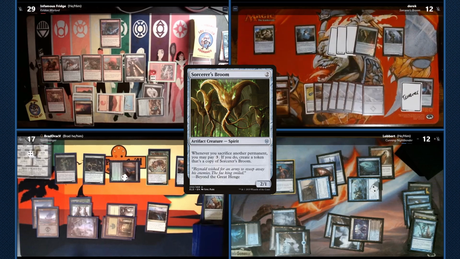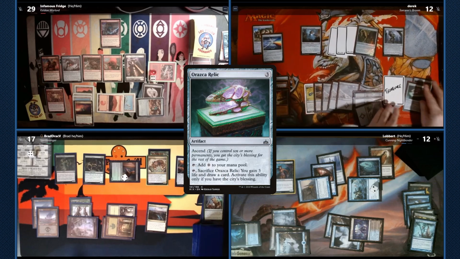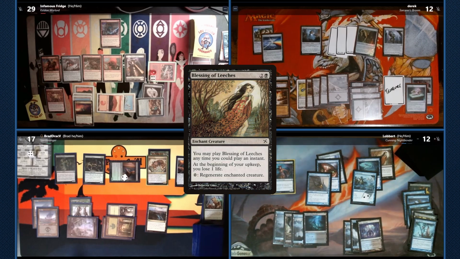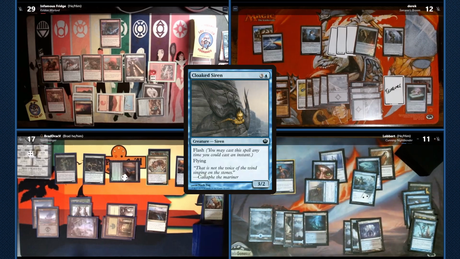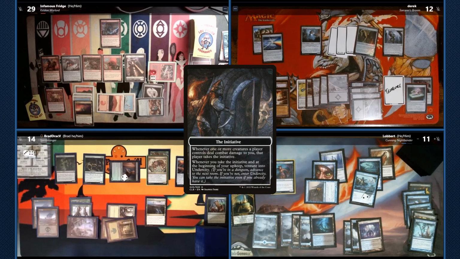Derek then draws for turn, plays Warped Landscape and Chromatic Star. He then plays a Rozka Relic, which gives him the city's blessing. Derek passes. Lobbert loses 1 life to Blessing of Leeches, draws, and attacks Brad with Cloaked Siren. Brad takes 3, so Lobbert draws off of Ophidian Eye, takes the Monarch, and gains the initiative, which he uses